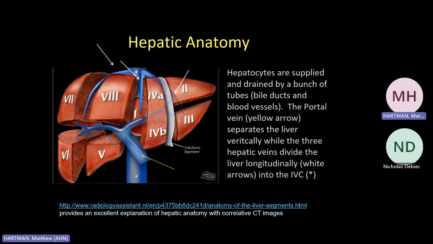So before we do anything, we have to know the liver anatomy, the liver segments. I'm not going to spend too much time on this, but realize there is a system. I always remember segment 6, right posterior. The portal vein cuts the liver north-south, and then you have 3 hepatic veins separating it into right, left, and there are 2 central segments.